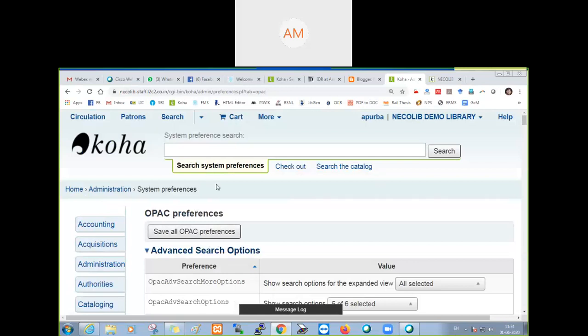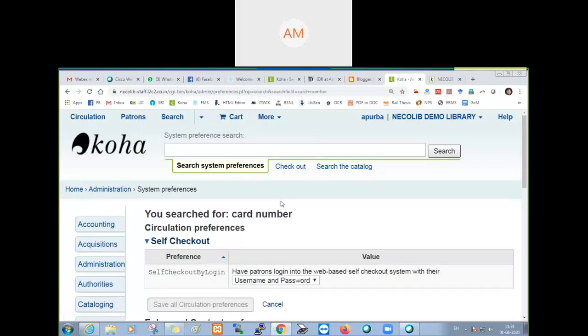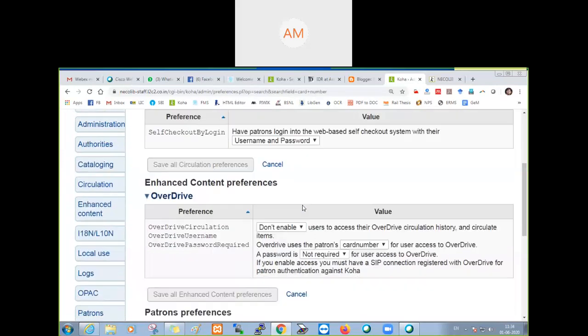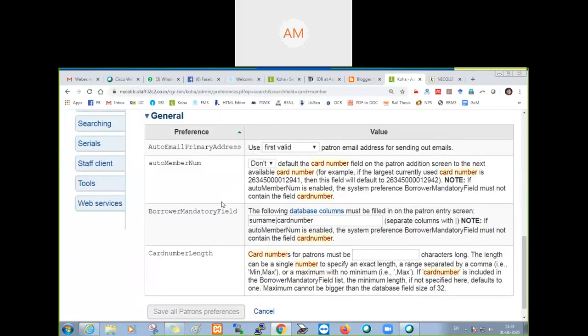So again, we'll do that in the system preferences. We'll search for card number. Let's see whether there is an option. Here, auto member number.